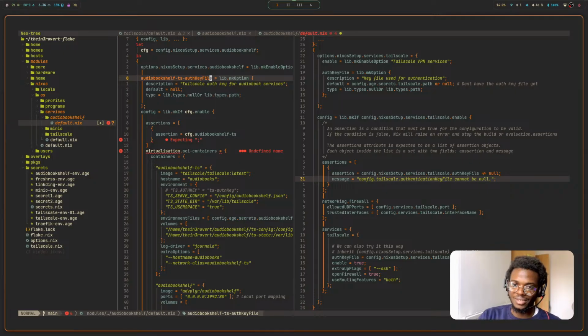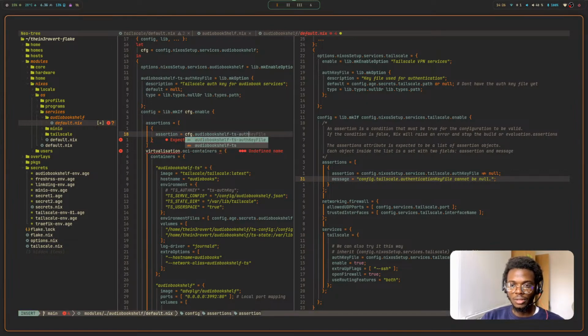That's so long though. But I don't want to shorten it down, so I'm just gonna keep that. Auth key file